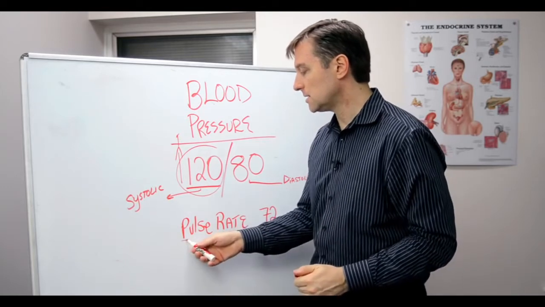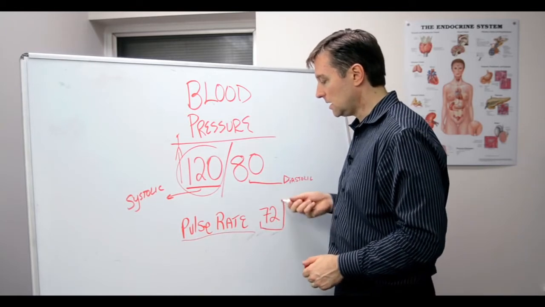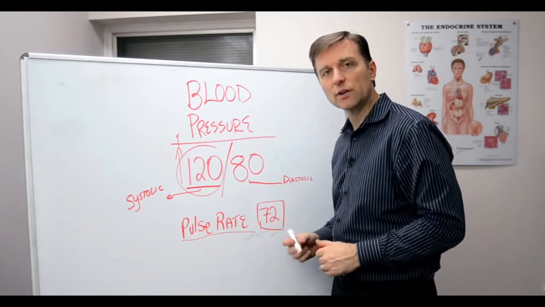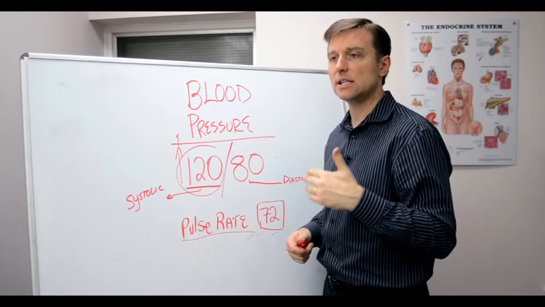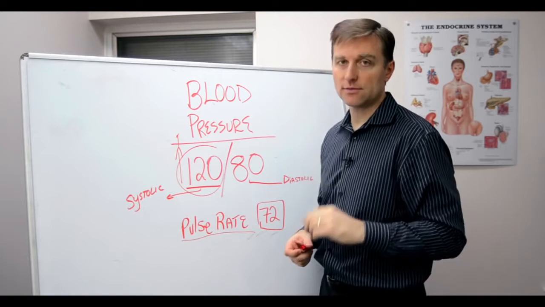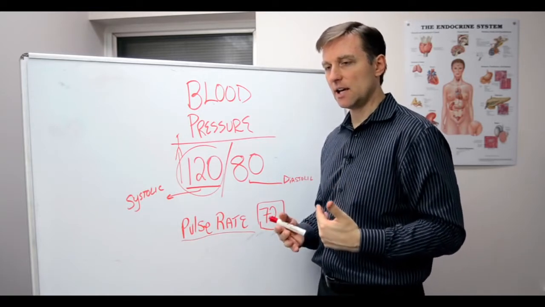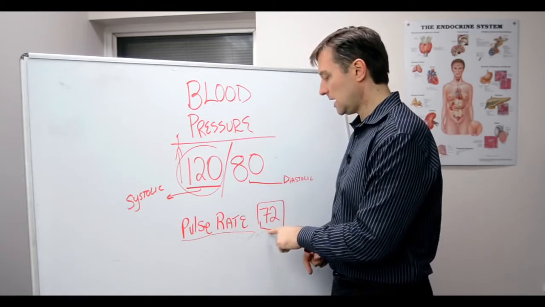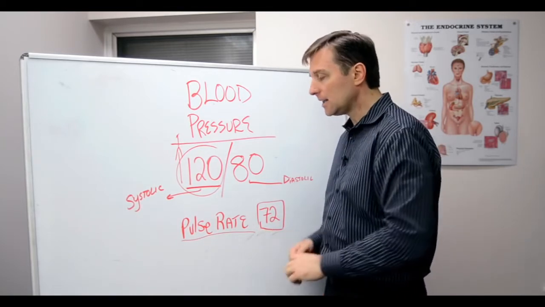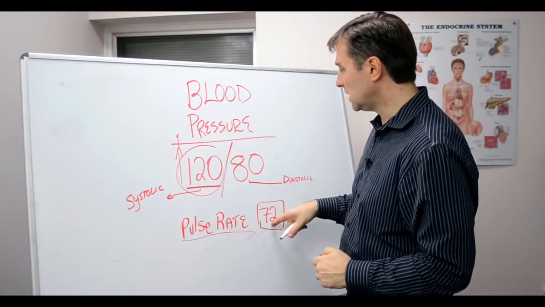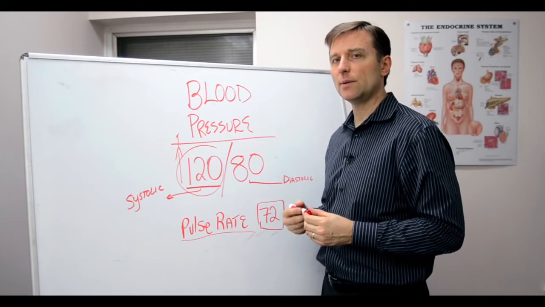The pulse rate is the number of times the heart will beat in the course of a minute. Normal should be 72. The more fit the person is, it should go down to 60, 50, maybe even 40, okay? But if the person is not exercising and they're kind of overweight or whatever, and it's low, that means it's a weak heart. If it's too high, they're losing the parasympathetic control and they're not able to push it